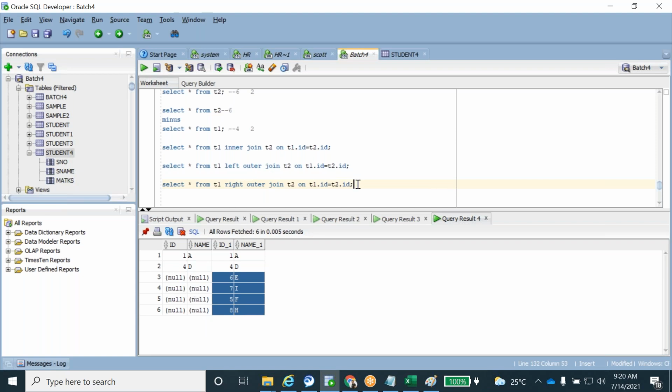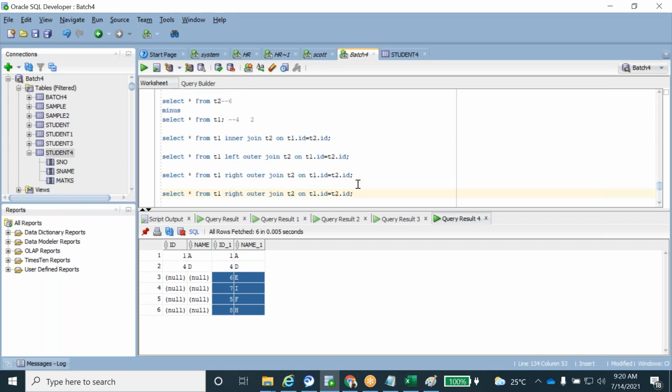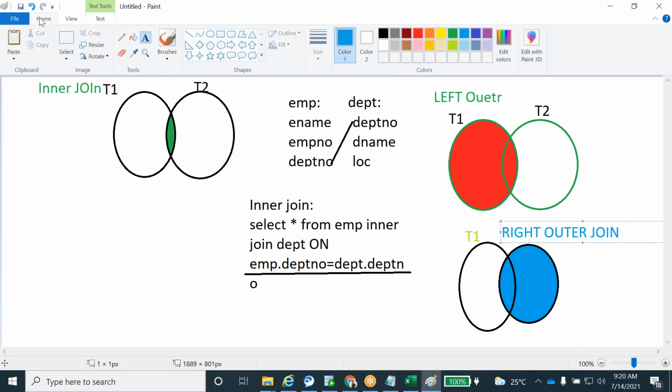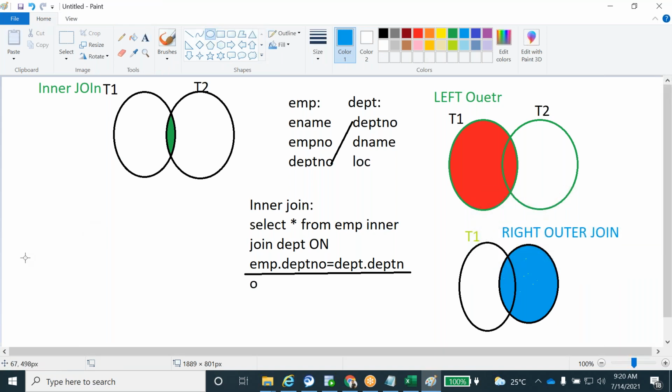The same thing applies to the full outer join. Now tell me guys, what does full outer join mean? Let me show you the full outer join.